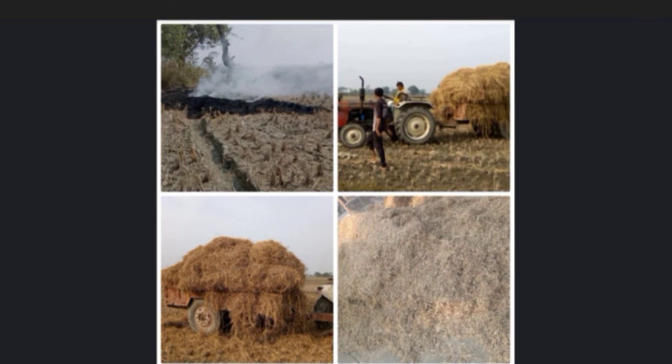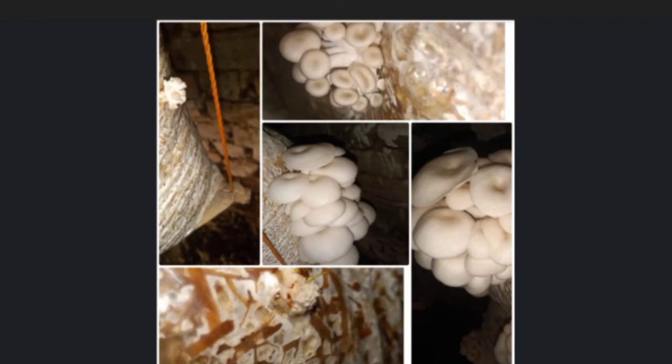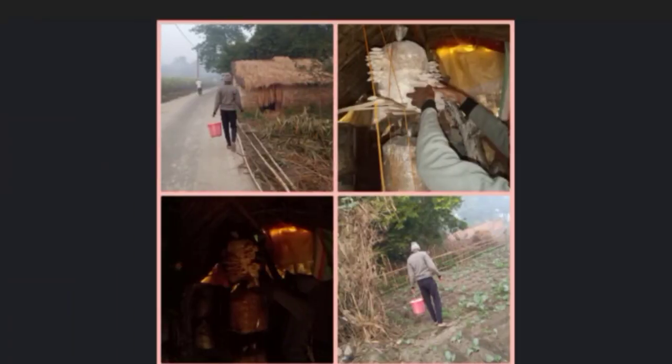We have succeeded in these things, and we are going to do them on a large scale, but the investment is too high. Button mushroom takes 20 to 30 days, and a lot of rich persons and businessmen are doing it on a large scale. The demand for mushroom is very high, but the people who grow it have problems in marketing, in where to sell.